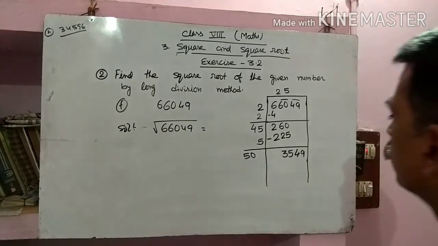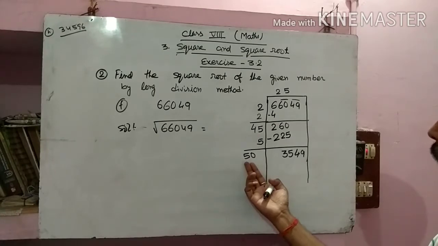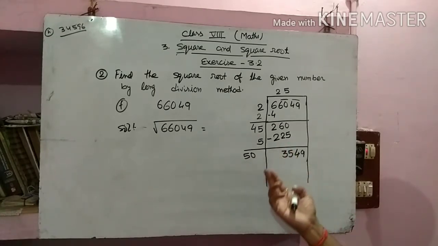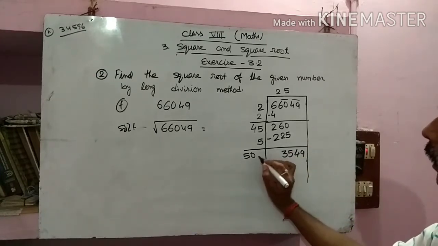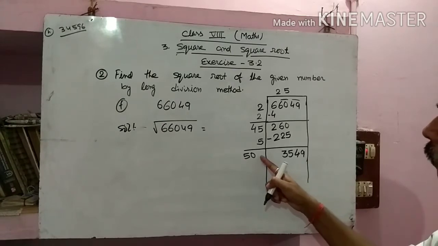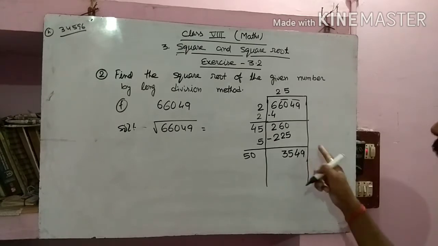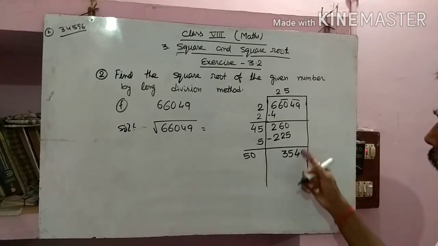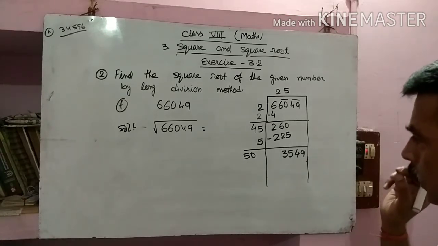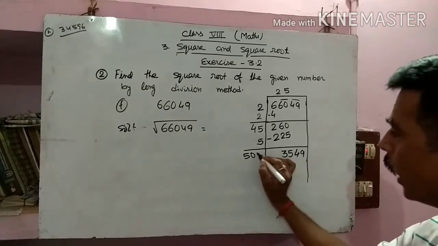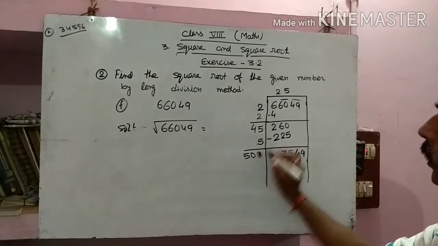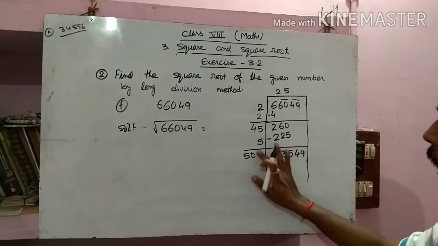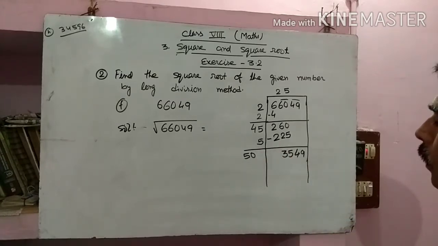So it becomes 50. This is already a very big number, so we have to find the number for which the product equals this number. If we write 1 here, the unit place of the given number should be 1. 1 into 1 becomes 1, 2 into 2 becomes 4. Here 9 is written. So the maximum chance is that this number is either 3 or 7. Either 3, because 3 threes are 9, or 7.